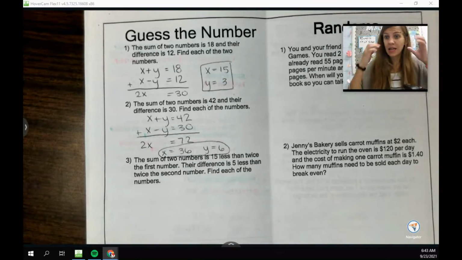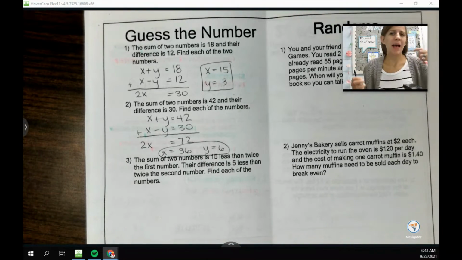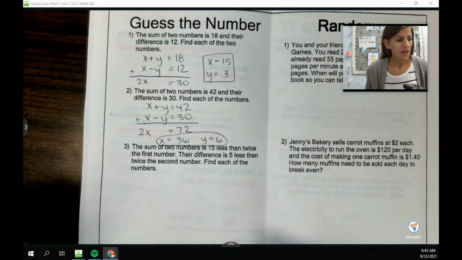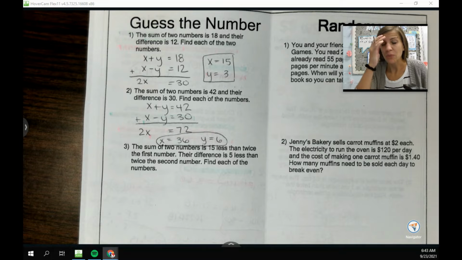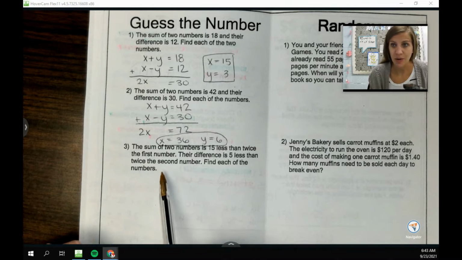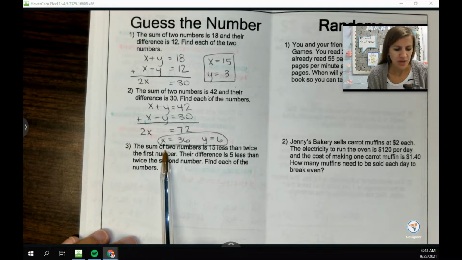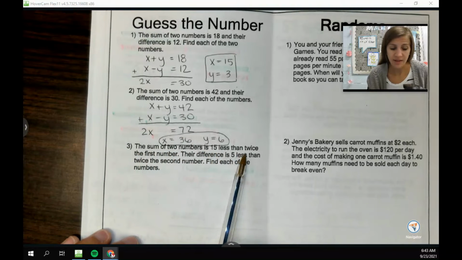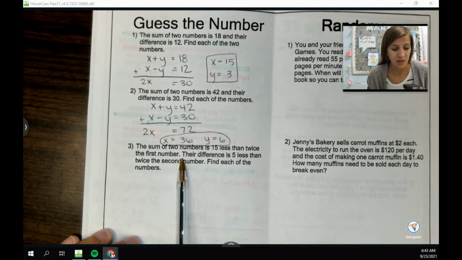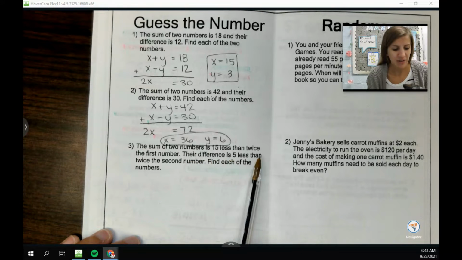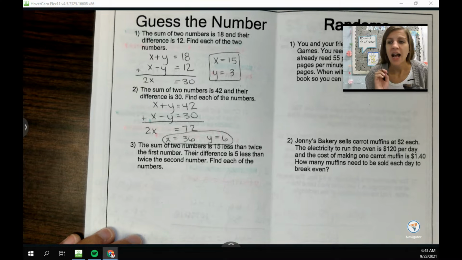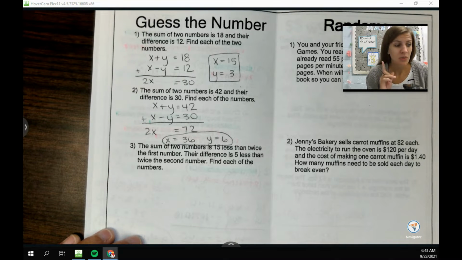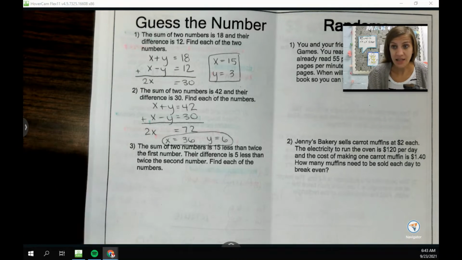Now, sometimes it's not set up that way. It's going to use a little bit more mathy language. So it's important to read your story problem really intentionally, really slowly to interpret every single word into a math symbol. So the sum of two numbers is 15 less than twice the first number. Already sounds like gibberish. Their difference is 5 less than twice the second number. I have no idea what's going on here. However, if I read real slow, I can start